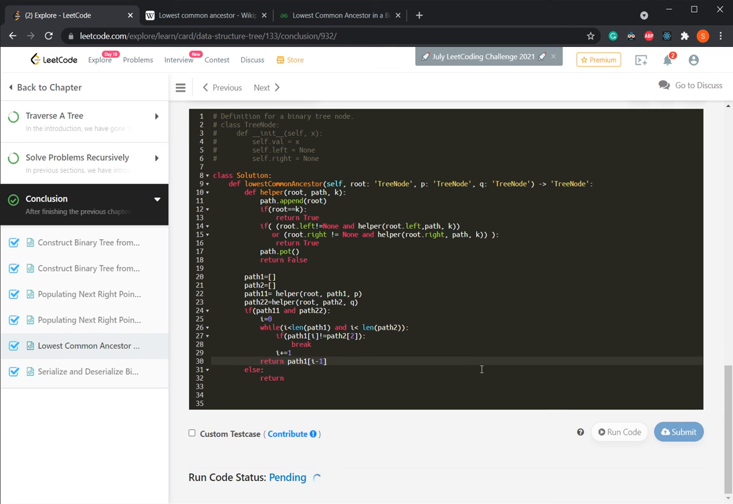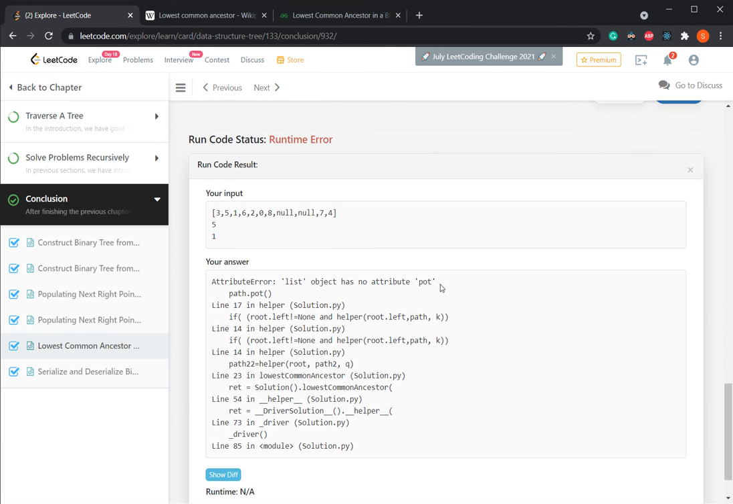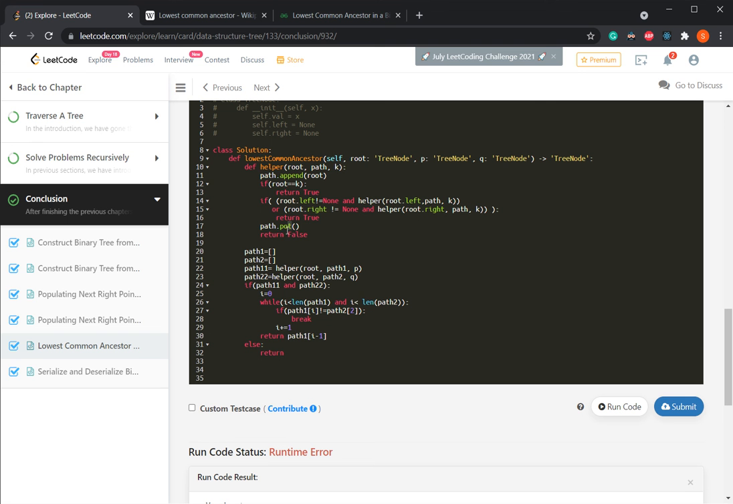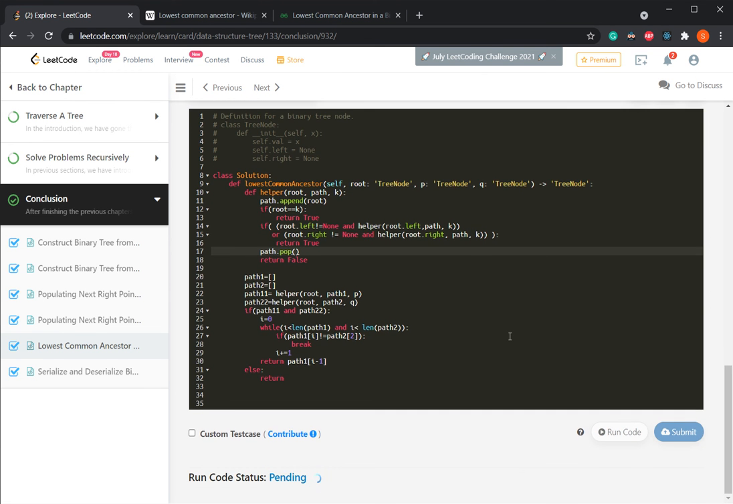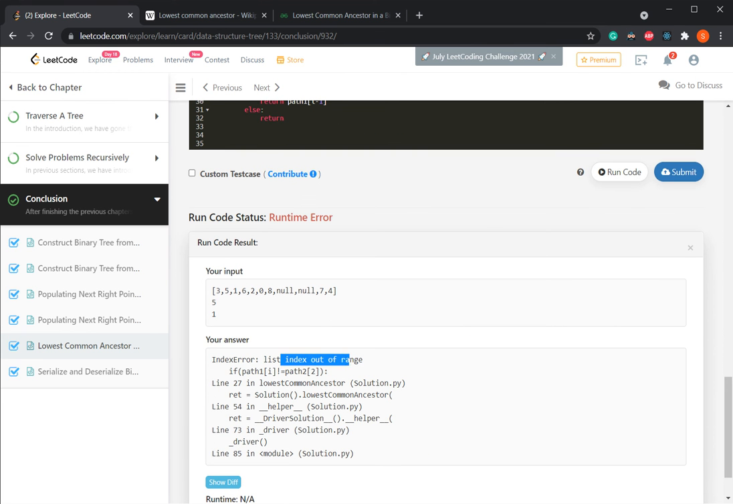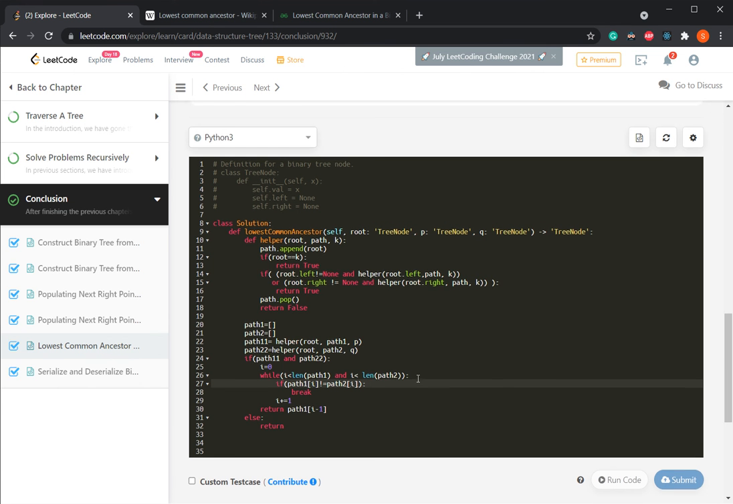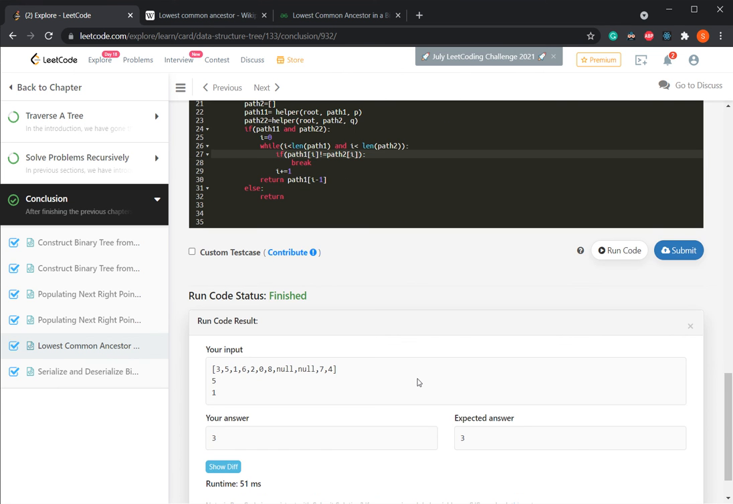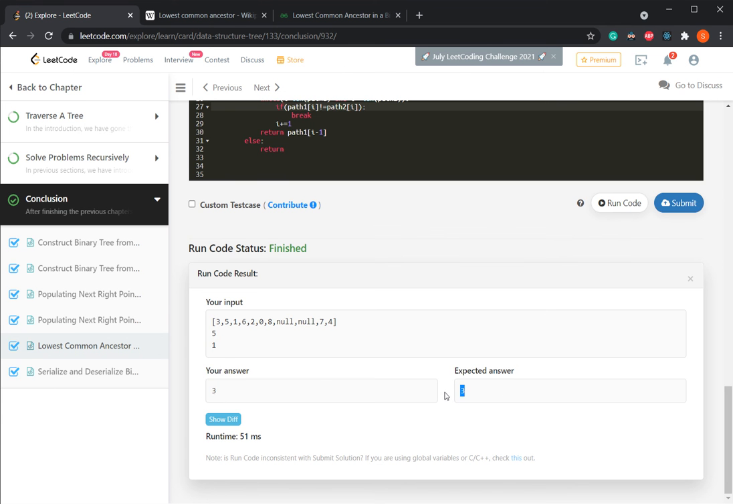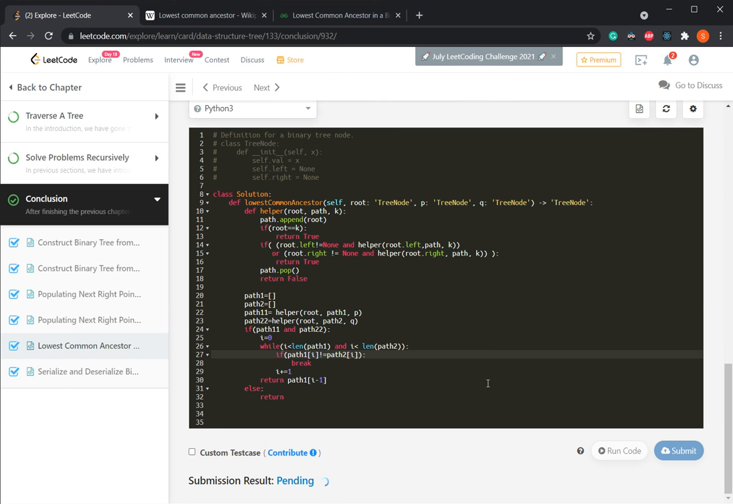That's right. Let's run the code. Yeah, there is a typo with pop. Run this code again. Let's see if it gives a list index out of range. What is happening here? Yeah, I think this will work now. Yeah, the answer is matching. Your answer is 3 and the expected answer is 3. Let's see if it gets accepted or not. So submit here, and